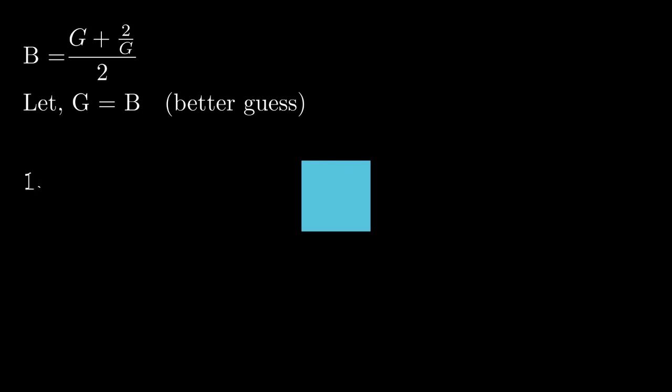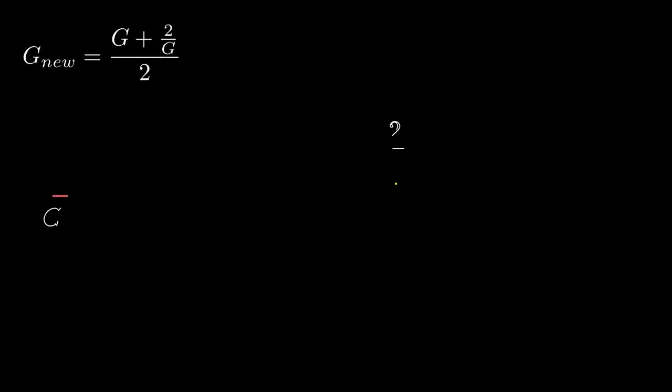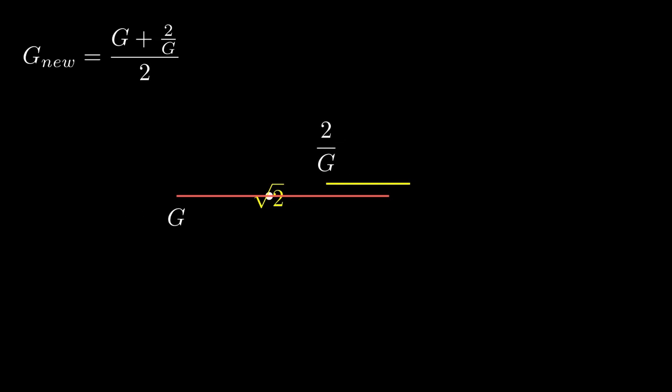And what turns out is that there is a neat way to do such an approximation, which is called the divide and average method. That is, if we take the original side lengths and average them, the average will always be a better guess to the square root 2. And then we make this average our new guess that will be closer to the square root 2. And if we continue this process up to theoretically infinity, we will get a better and better approximation to square